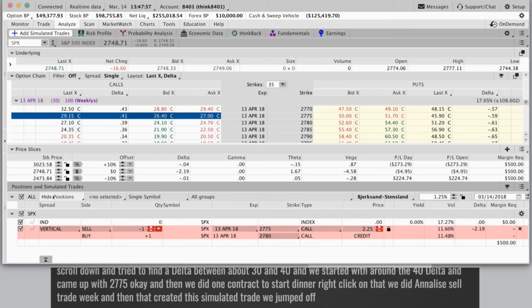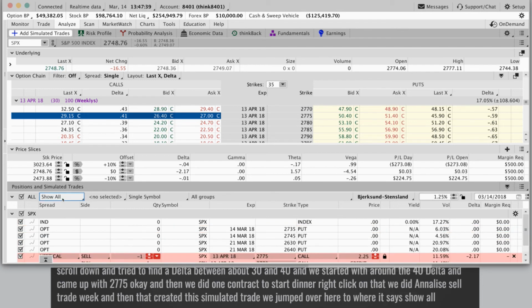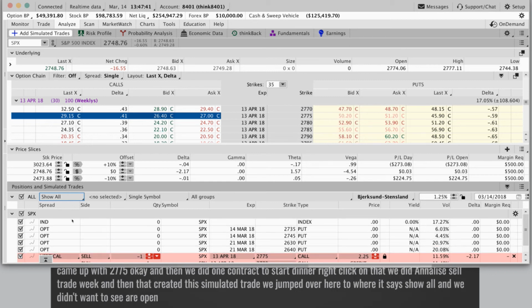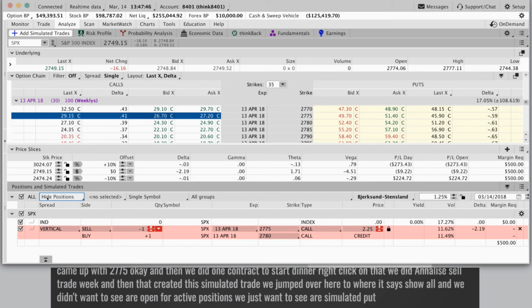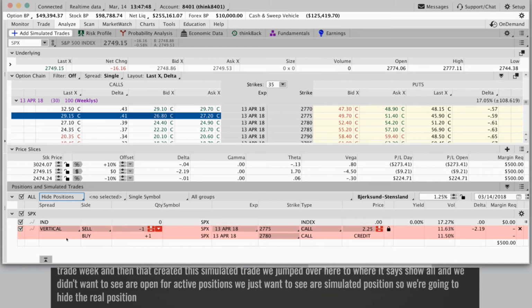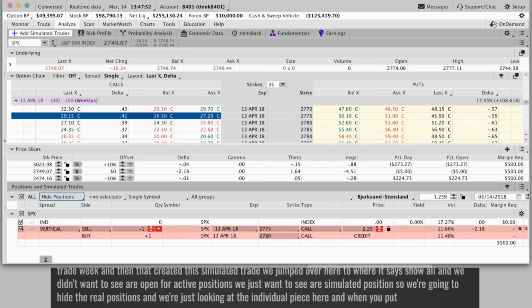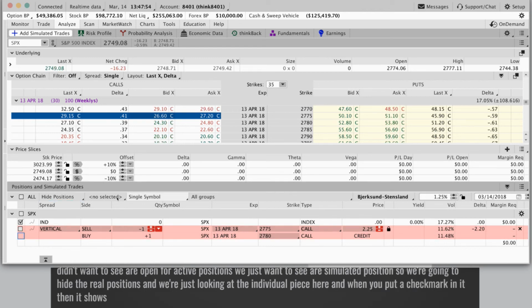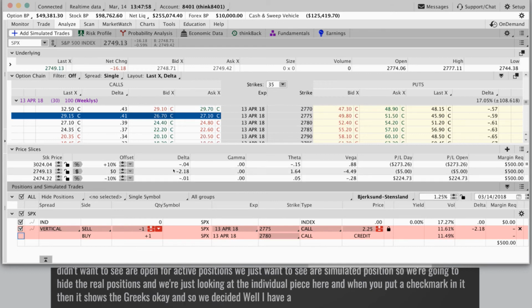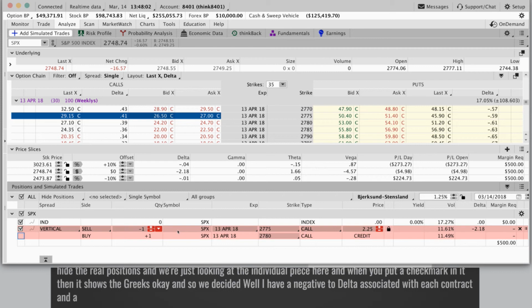We jumped over here to where it says Show All, and we didn't want to see our open or active positions. We just want to see our simulated positions, so we're going to hide the real positions, and we're just looking at the individual piece here. And when you put a check mark in it, then it shows the Greeks. Okay, and so we decided, well, I have a -2 delta associated with each contract. And again, we wanted to get 33 negative delta, so we simply took